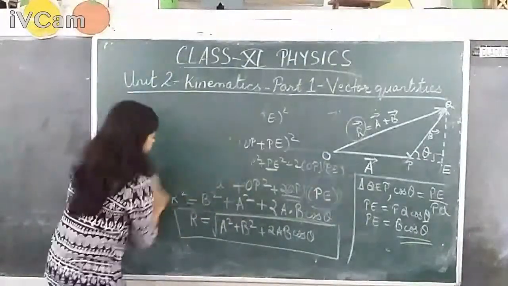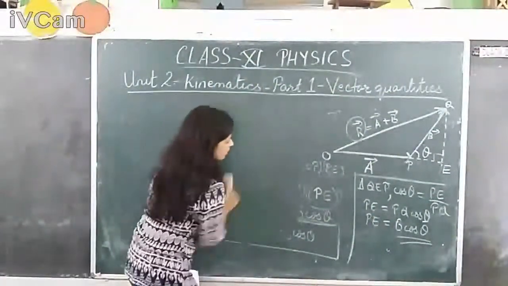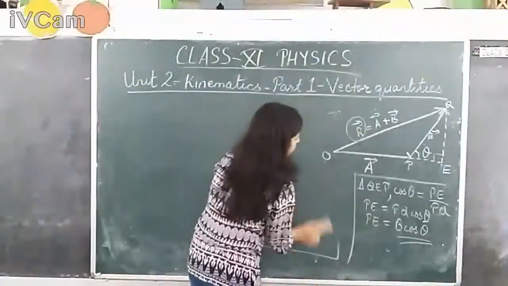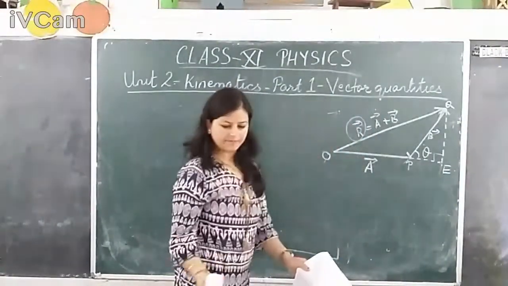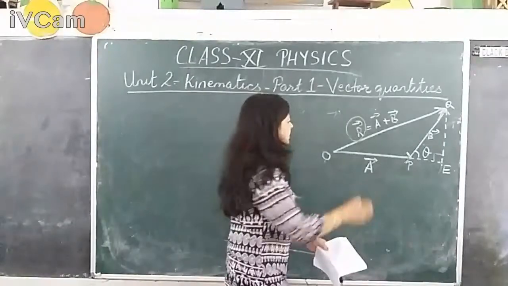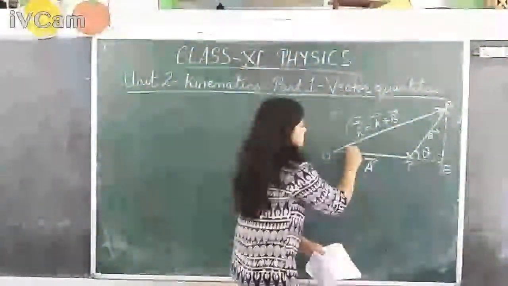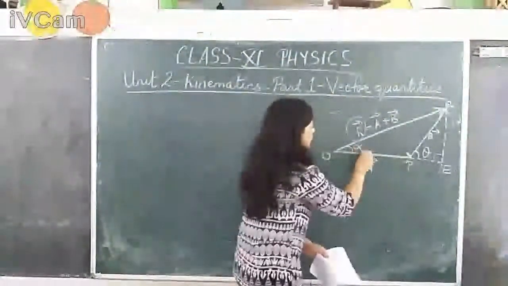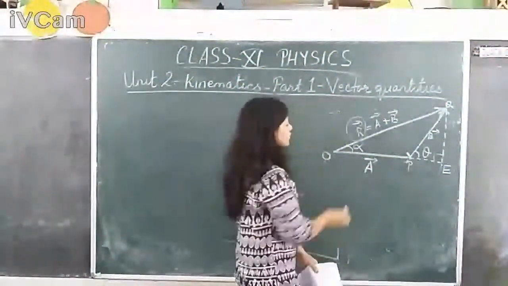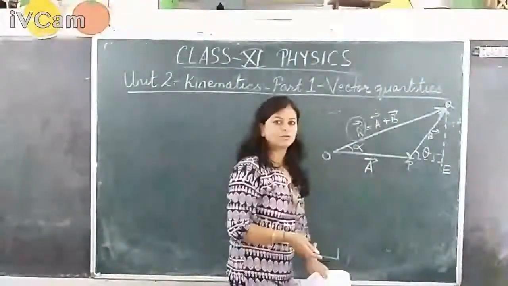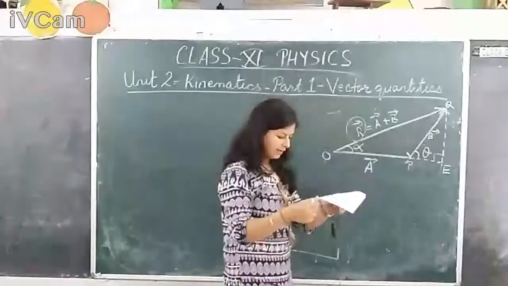Now, finding magnitude is never enough. For a vector quantity, you also need to talk about the direction, isn't it? So, how to find direction? If you notice in the diagram, this resultant has made a certain angle alpha with respect to the horizontal, that is the first vector A. If we are able to find out alpha, we will also come to know the orientation of the resultant vector. Let's see how we can find the value of alpha.